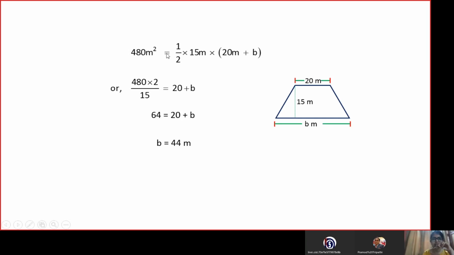We've just cross multiplied. This is 15 by 2 on the right hand side. When you take it to the left hand side, the denominator goes into the numerator and the numerator comes into the denominator. So it becomes 2 upon 15. Simplify this. So you will get 64 is equal to 20 plus b. Then it's an equation. Okay, you can solve it like an equation. So you will get the value of the other parallel side as 44 meters. Fine. Always write down the final answer. Now, moving on,